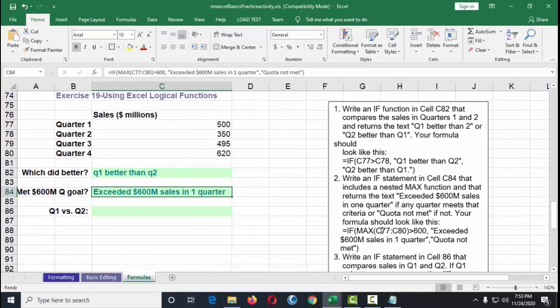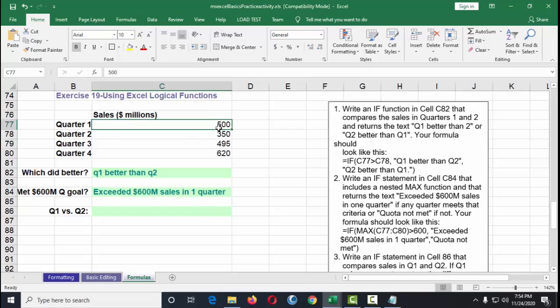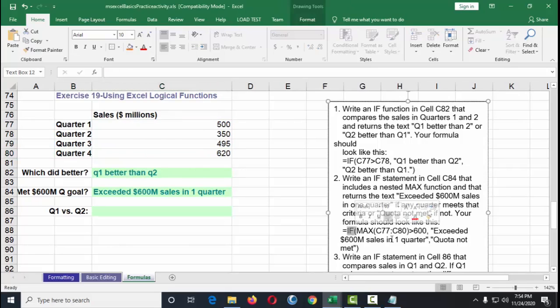Okay. If max of C77 to C80 is greater than 600, that means among any of these values have exceeded 600, which is quarter 4, the output is going to be 600 M sales quarter.